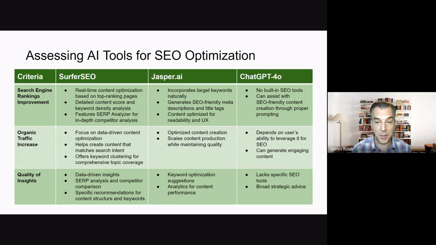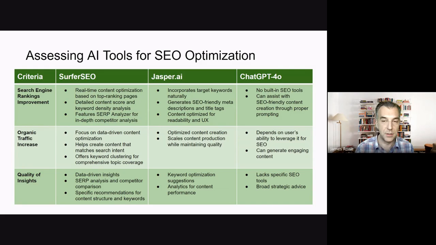Whereas, Writesonic is less than $20. So is it 10 times better in terms of how much content you are generating to justify that higher cost? That's really what we're talking about here. We've looked at some specific tools, but what I really wanted to bring out was what are the criteria we use to evaluate the tools, and what are the trade-offs that we're looking at when looking across these different